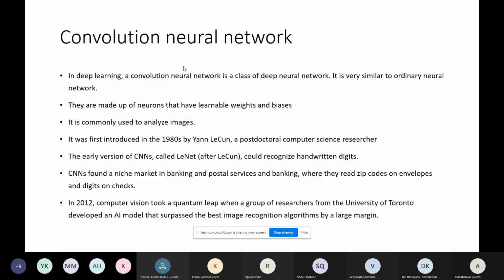Okay. So Tesla car and self-driving car, these are all applications of convolutional neural networks. I think you have heard about at least self-driving car. You don't have to use a driver. You just select your destination on the map, and it will take you to the destination. So that is a self-driving car.